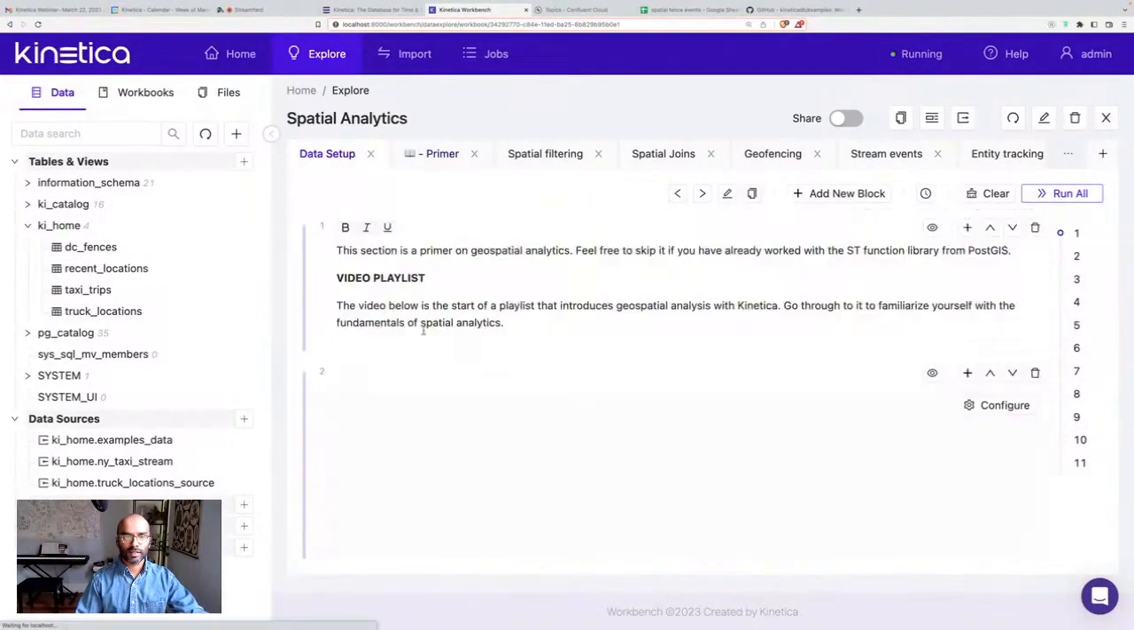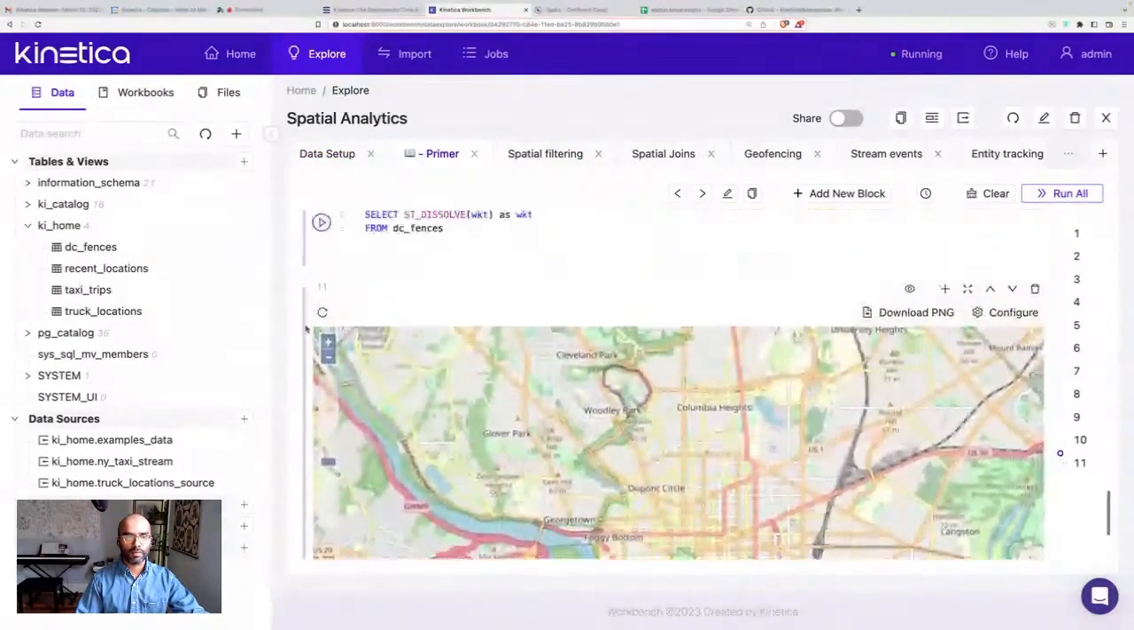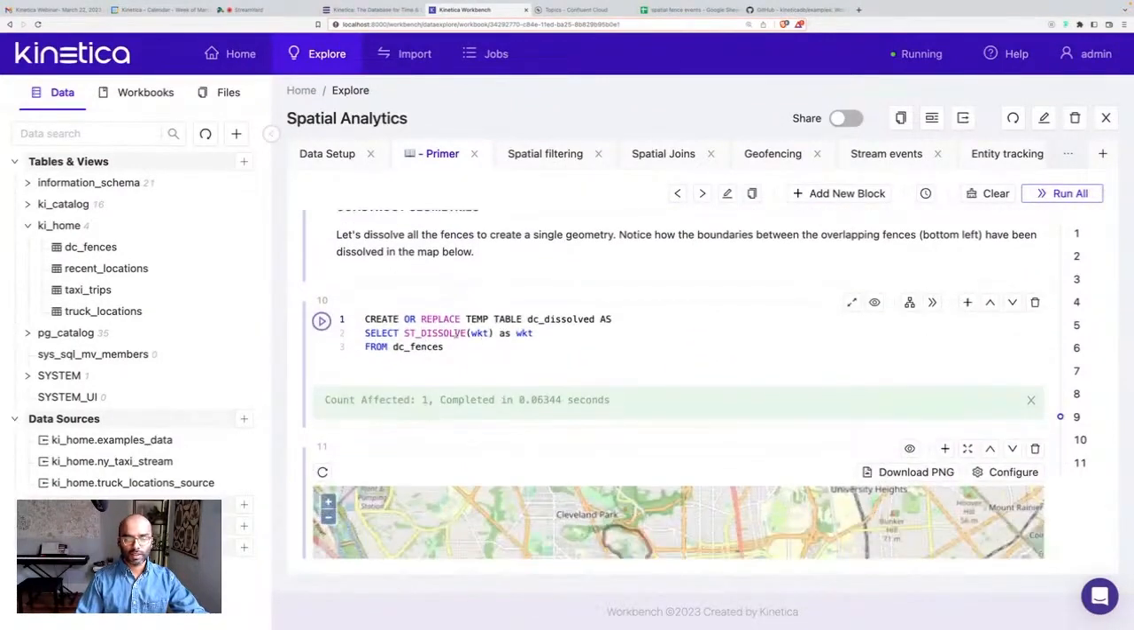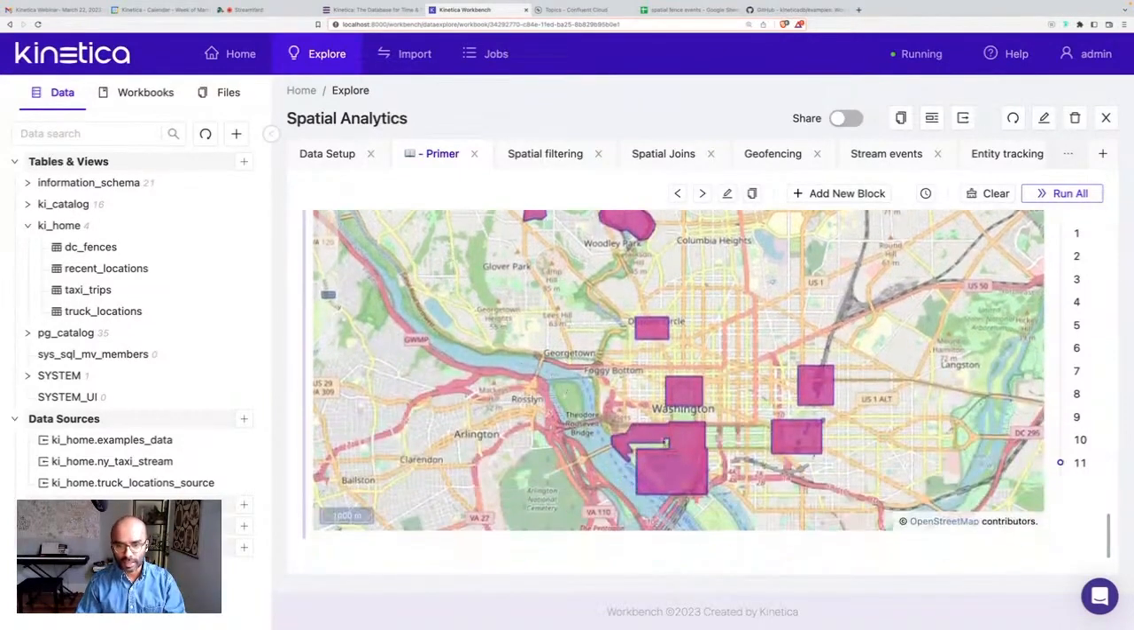We can further confirm this if we dissolve all of them. In this last piece, we're going to construct a geometry, which is the dissolved version of that. I've dissolved all the WKTs in the fences table. So anything that is touching each other will be merged into a single polygon, right? And you can see that that's happened here for the ones that were intersecting. But none of this is